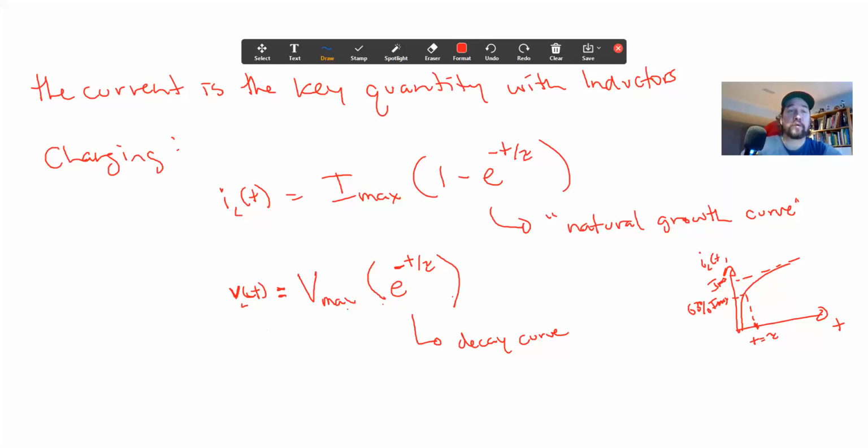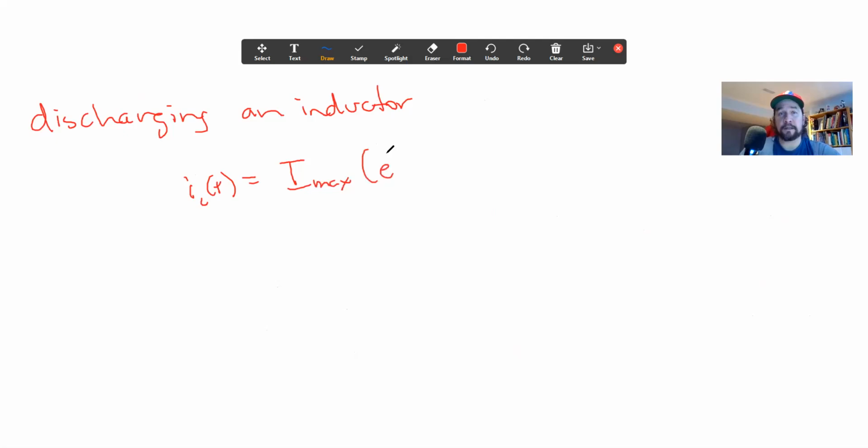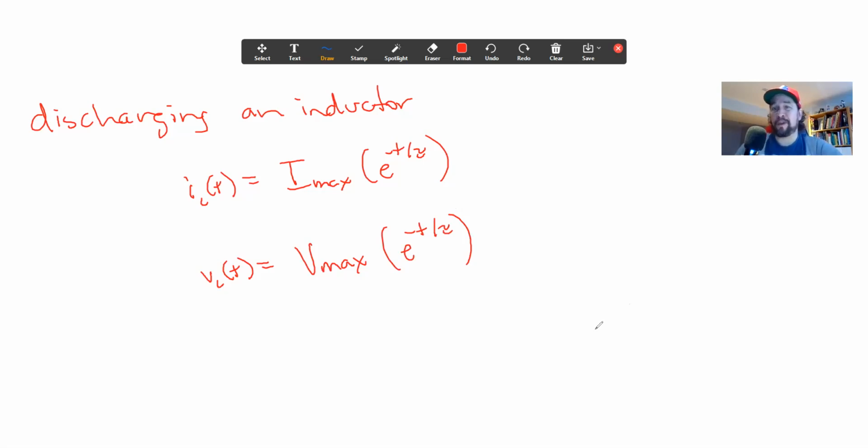All right, so when we're in discharge, then our current looks like this. IL of t equals I max e to the minus t over tau. And voltage is still V max e to the minus t over tau. So if we have to graph these things and see them fully,